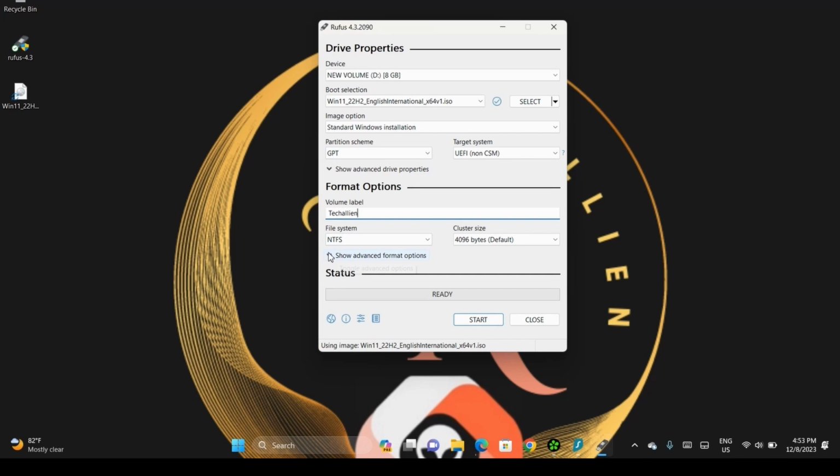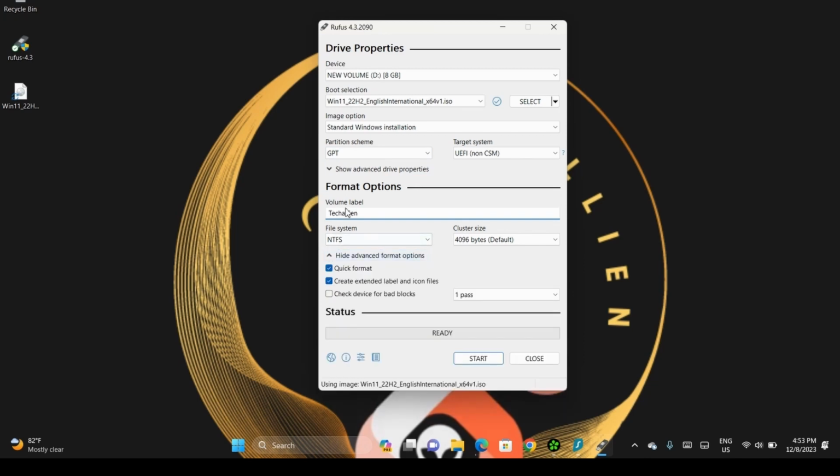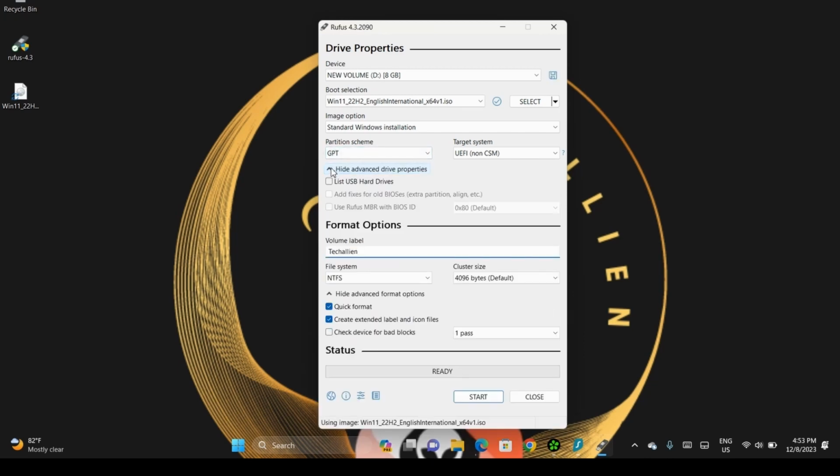And from here, you show more options. And from here, you show other options too. So we have labeled our disk or our flash drive, and I've already assigned the name. So after that, all you have to do is to click on start